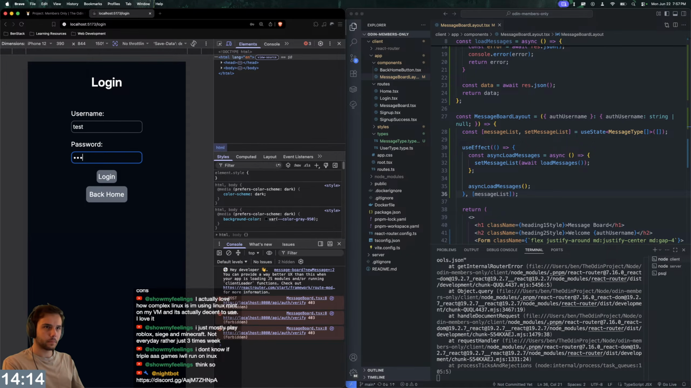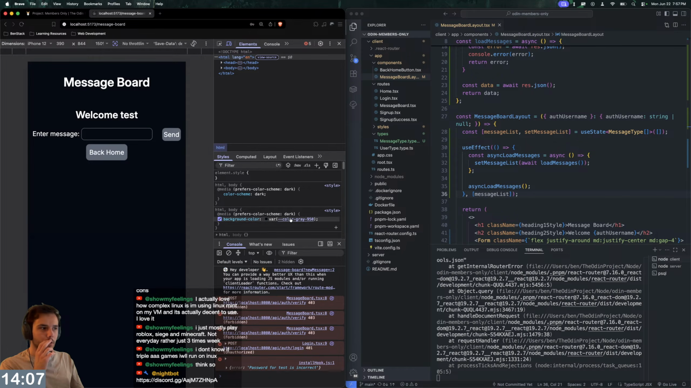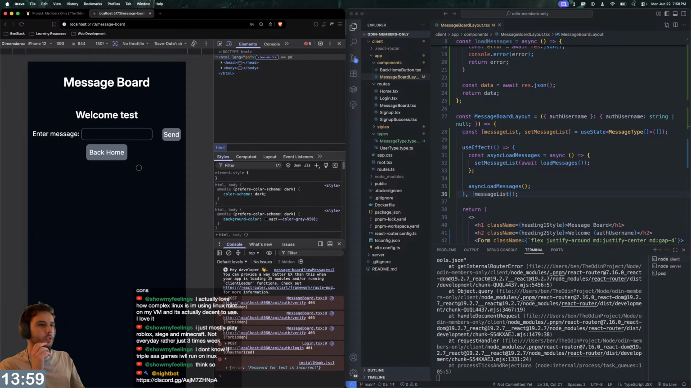Okay. There we go. All right, nice. Post forbidden. Oh, because it tried to re-authenticate me when I reloaded it. Okay. So now we should be fine,